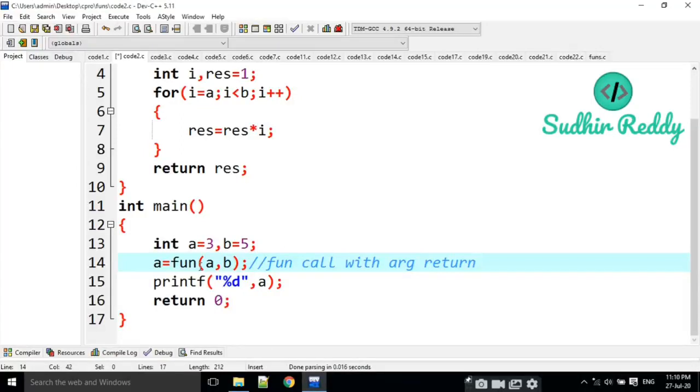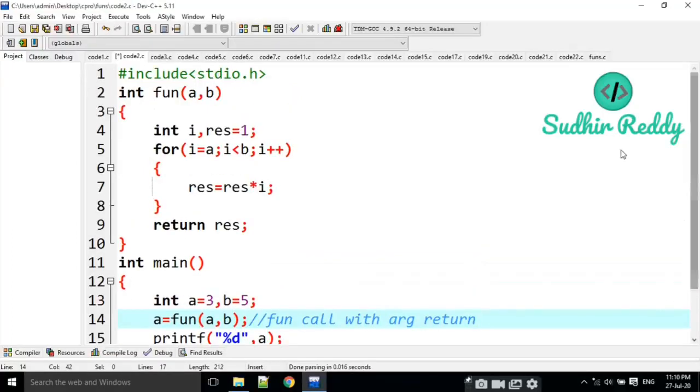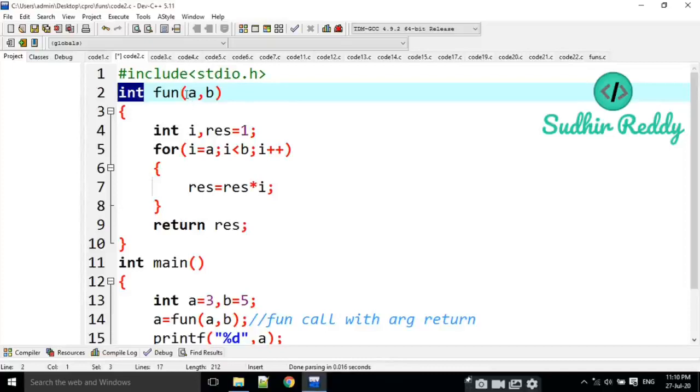Return type is integer. Now I am going to study the signature of the function definition. Yes, function name is fun. We are passing two values a comma b, and the return type is integer here. Okay, everything is okay, but here there are no data types for this one. There is no int a and int b. We are assuming int a comma int b like this, but here it is looking like a comma b, that's it.